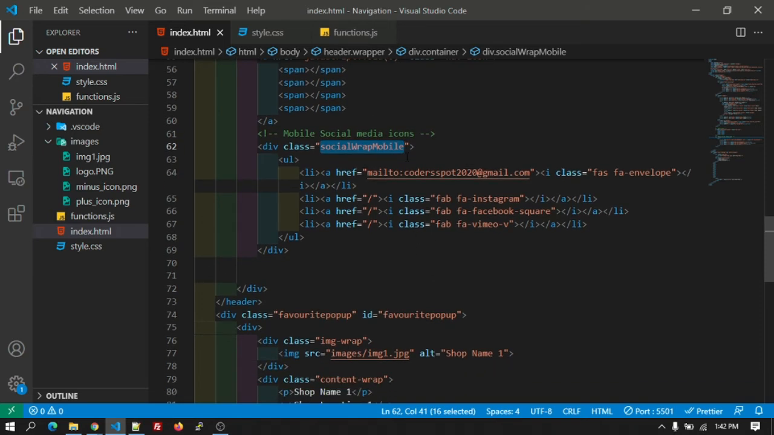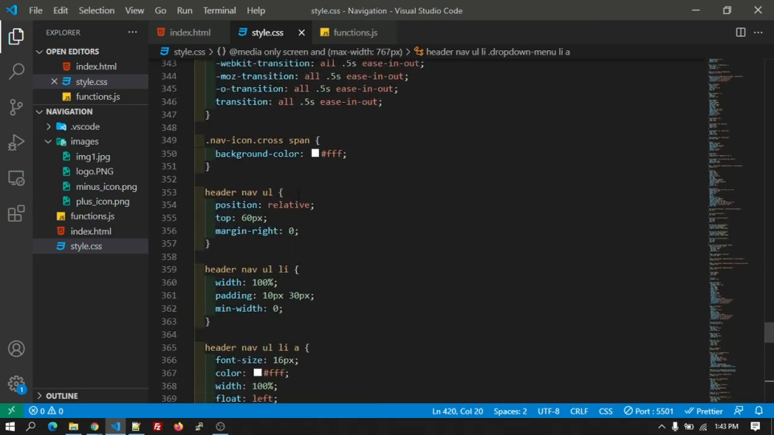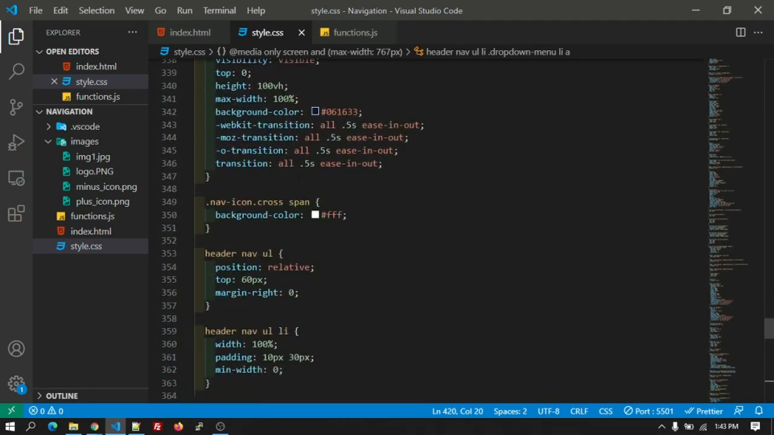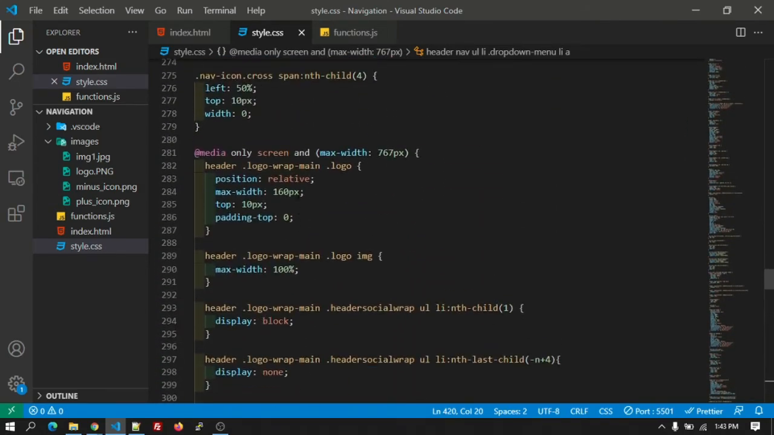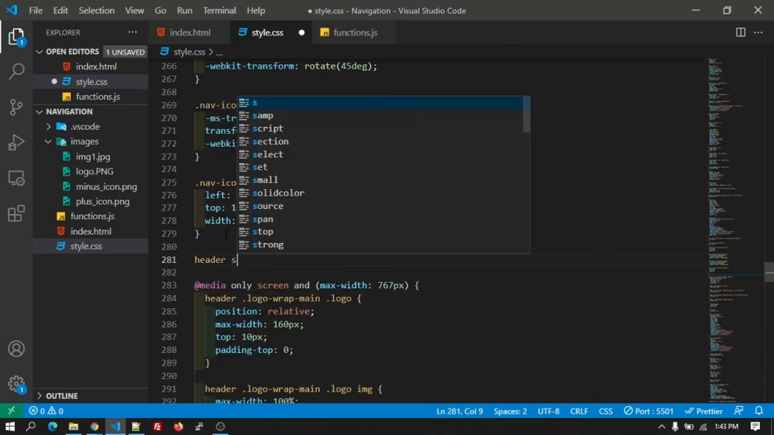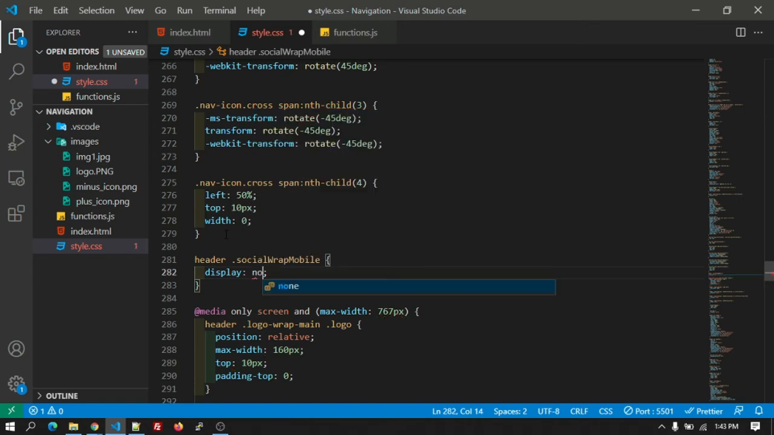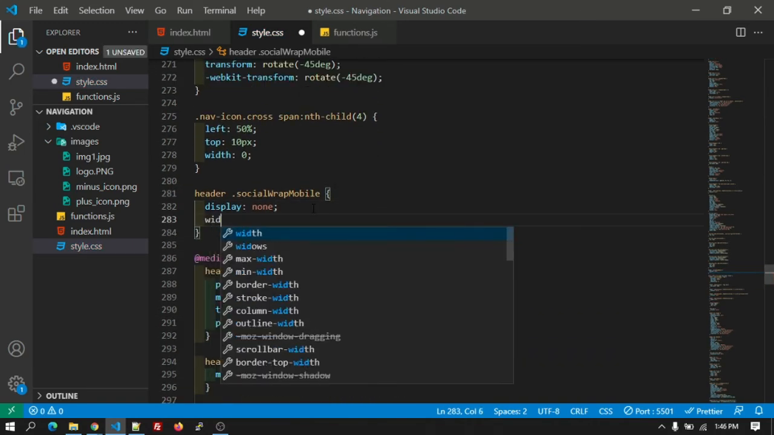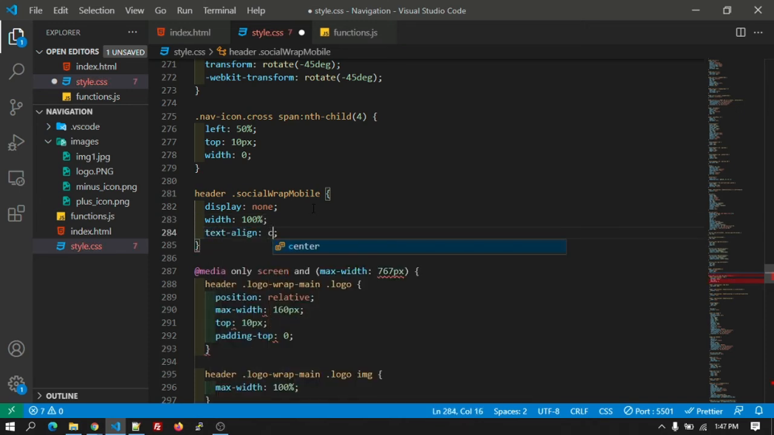Okay, let's write the CSS for that. It should not be shown in the desktop. Okay, we will make it display none over here. So this is there inside the media query. So go to the top and below this, let's add the CSS for that header and the class. Make it display none in the desktop device, and after that let's give the width 100%, text align center,